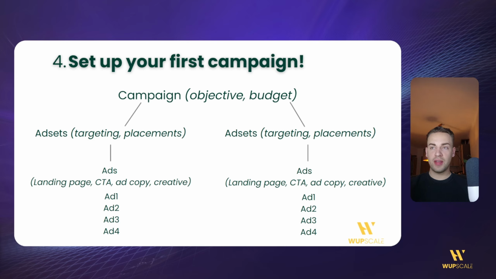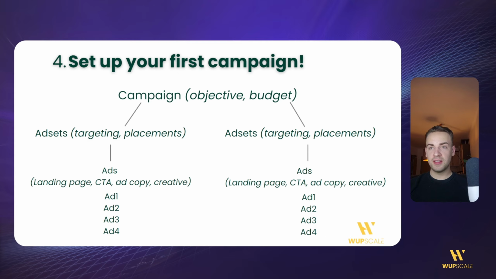So inside your campaign, you are going to have your objective and budget. You can just set your budget on the campaign level. You can set $15 per day, and it's going to automatically spread across the best assets. So you can just trust Meta AI to spend on the best performers.